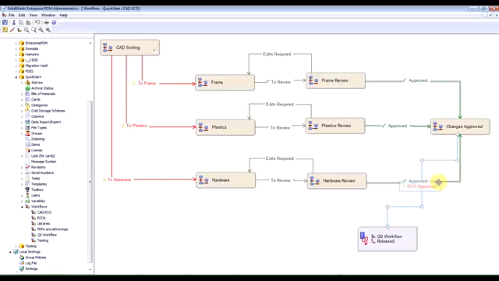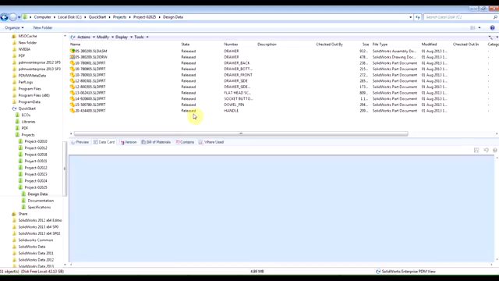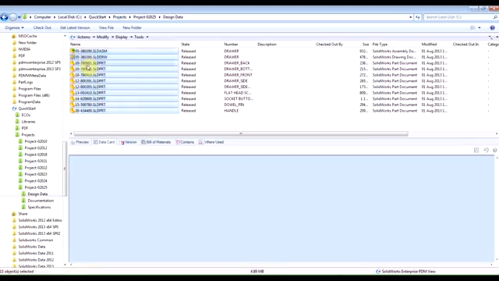Okay, let me kind of move this out of the way. Just down here. Like so. So that's how we want it to look like for our workflow. So let's go ahead and save this and we'll test it out. So here we have our CAD files. Let me make this a little bit wider so we can see more of the files. So all these files are at released. So let's say, for example, we want all these files to